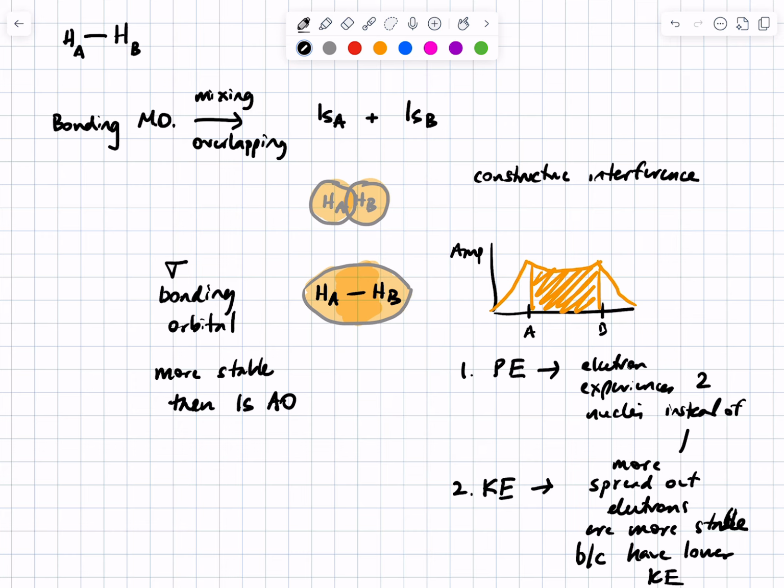The second issue is a kinetic energy issue. This comes out of the math, and you don't need to know the math, but the conclusion from the math is important, which is that electrons that are spread out in space have lower kinetic energy than those that are highly